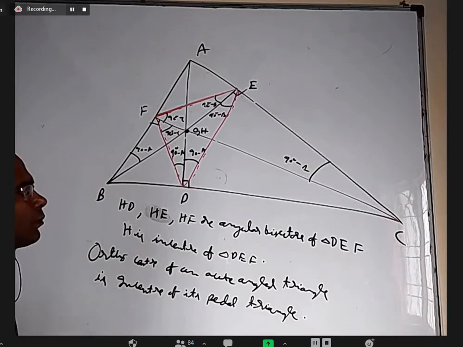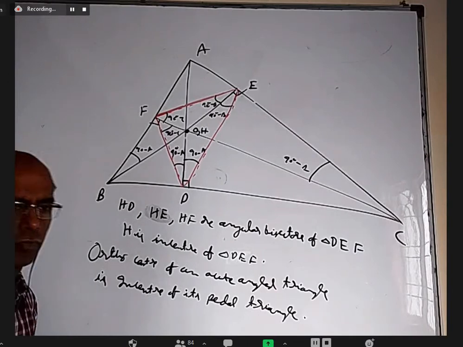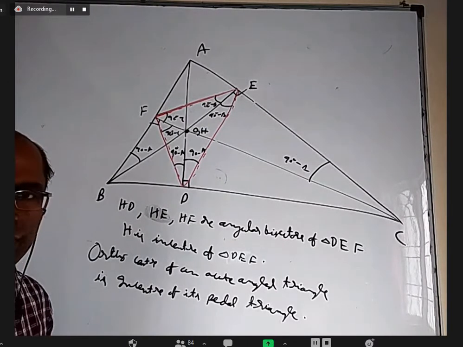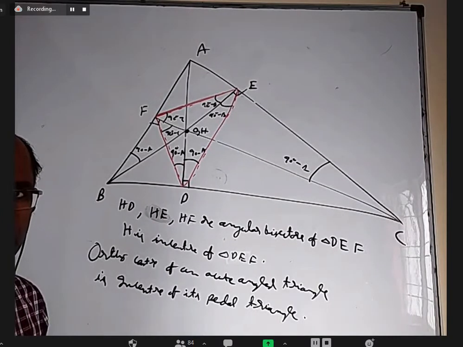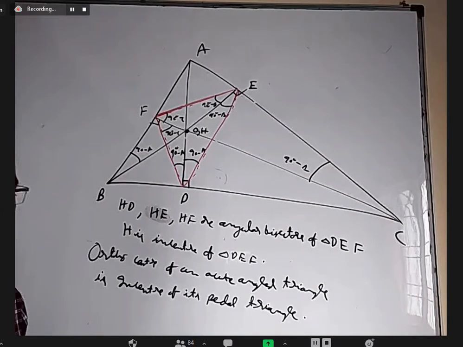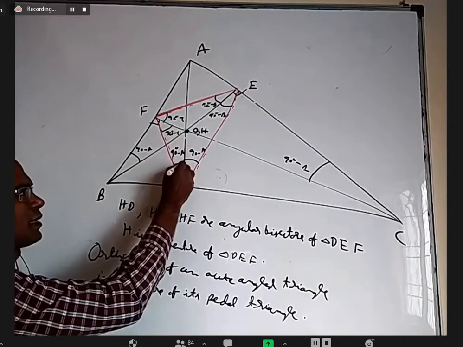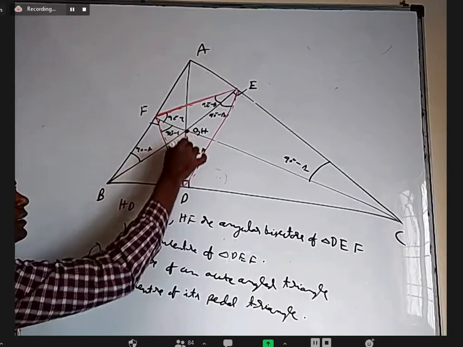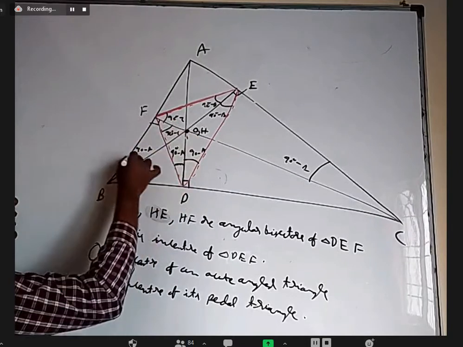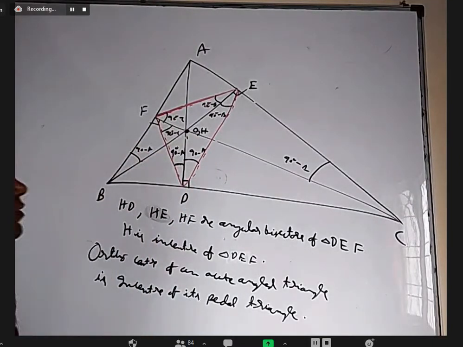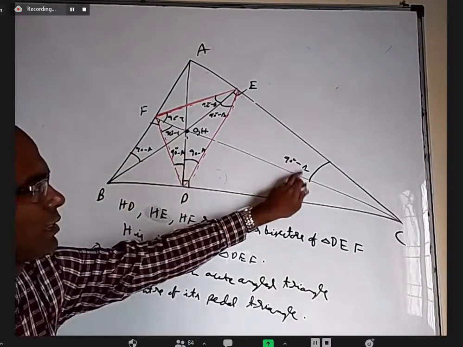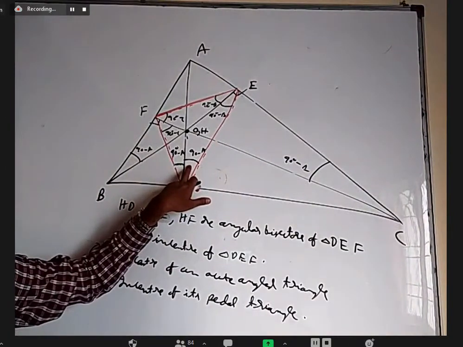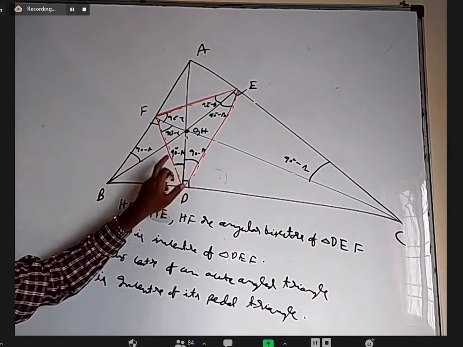Sir, once can you explain the figure, sir? It is the figure from last class's extension only. What is there to explain? Last class you were there, no? Yes, sir, I was there, but I'm unable to understand these 90 minus angles. No, last class we proved this is 90 minus A because we proved these two are equal because there is a circle containing these things. Angles in the same segment are equal. Extension of that, these two are equal in the same way, these two are equal. So this is 90 minus A, based on that this is also 90 minus A.